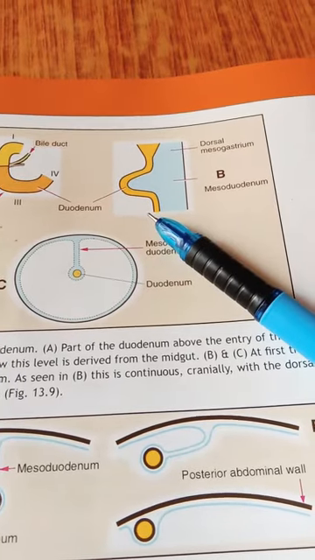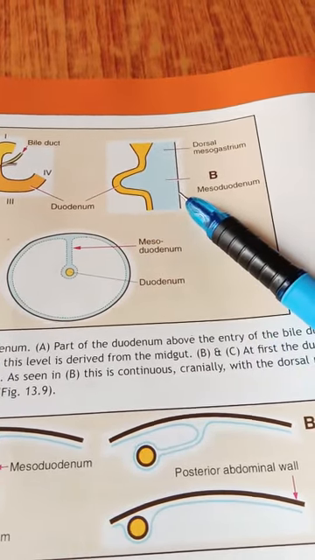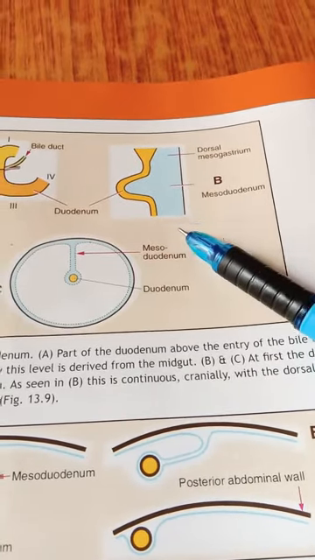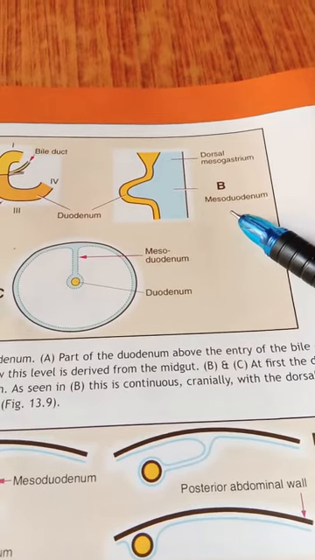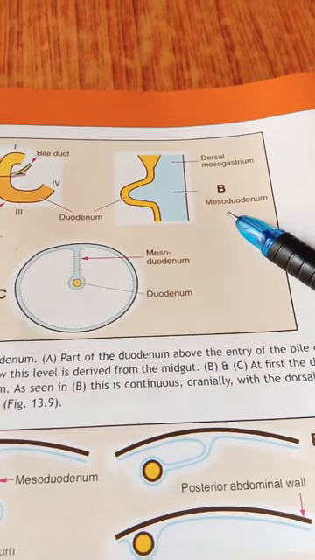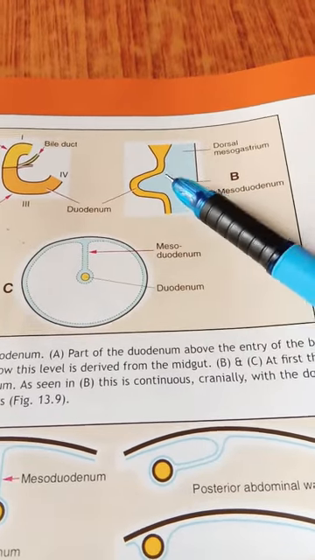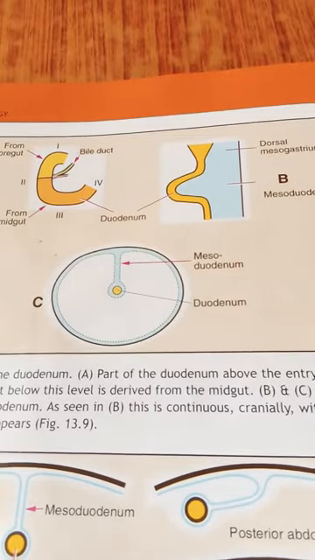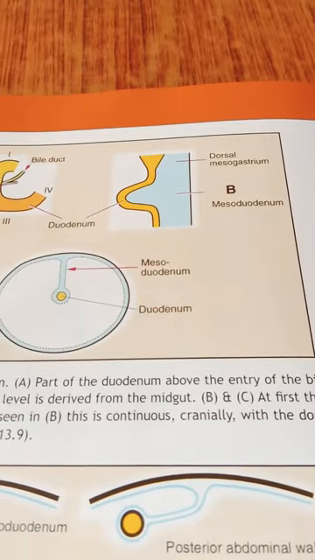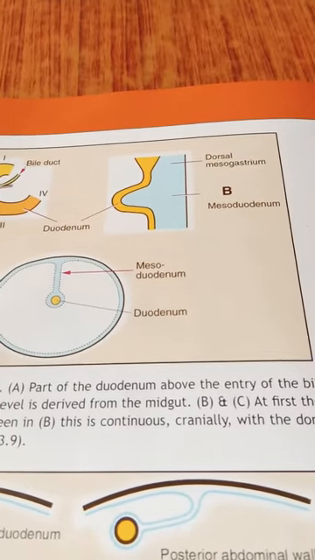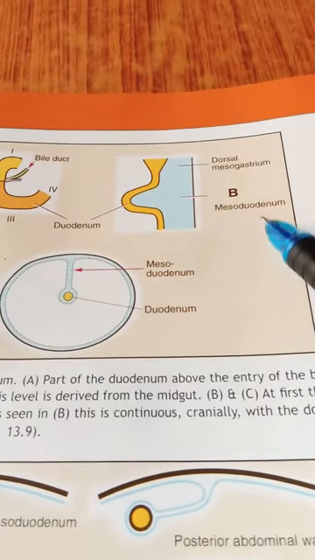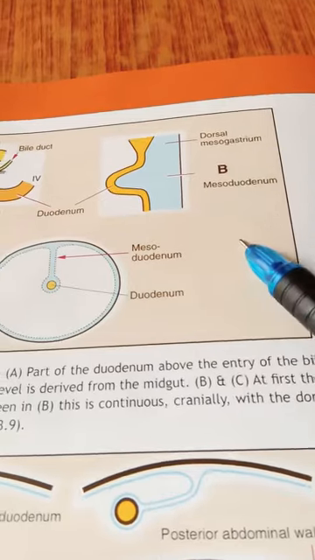And it is attached to the posterior abdominal wall mainly by the mesoduodenum. So this is again an important structure to remember. The mesoduodenum also forms a mesentery, and the next loop falls towards the right side. This mesoduodenum is also fusing with the peritoneum of the posterior abdominal wall. So most of the duodenum becomes retroperitoneal, as the mesoduodenum is attaching to the peritoneum.